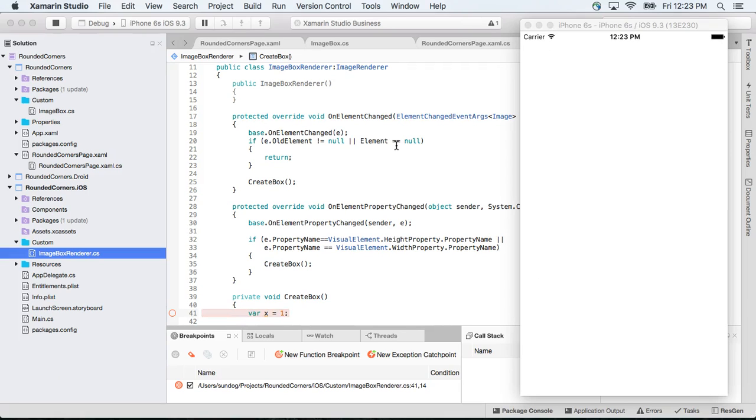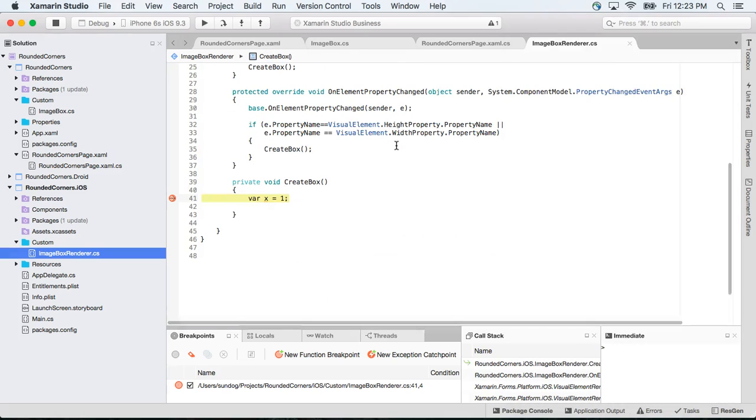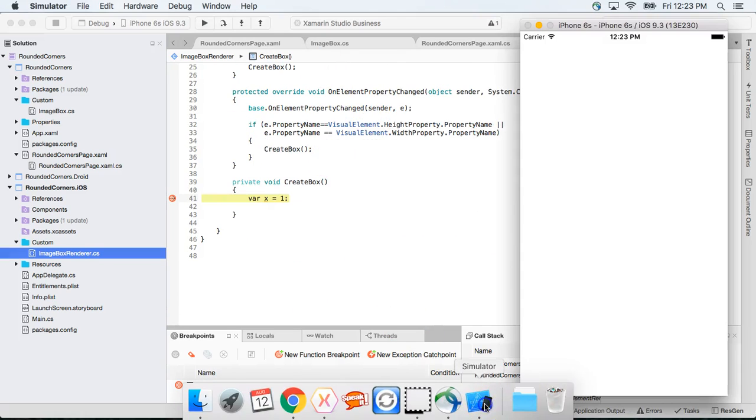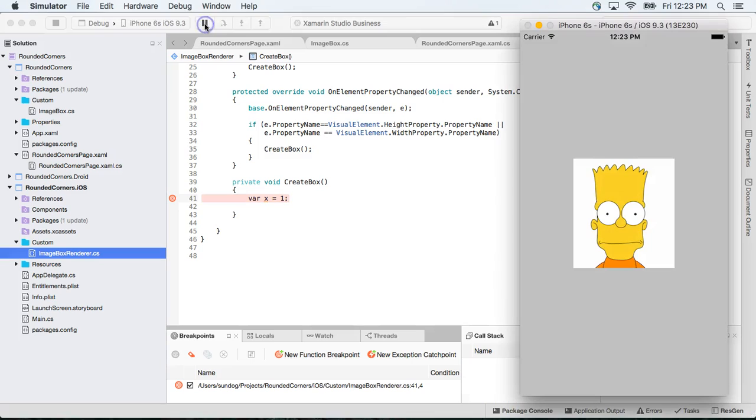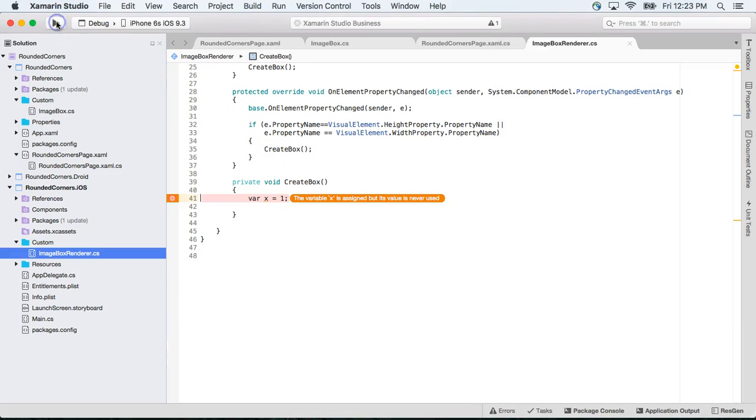So boom, it's not visible yet, hits my breakpoint, and if I come over here, it's still not visible. If I let it run, it hit it 3 times, but it's not rounded because we didn't write that code. So what I want to do is actually put the code in here to do the rounded corners. So I'm going to go to the native. All right, so we're actually going to be writing